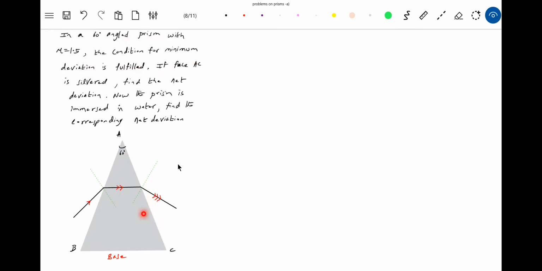First, minimum deviation is there. Now I'm going to silver it. Then he'll ask you the deviation. Then he'll immerse this in water and ask the deviation. So all three parts are there. This is the first part of the problem. So we'll calculate these angles now. This is I1, R1, R2. We know at minimum deviation